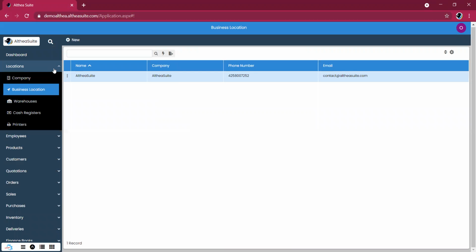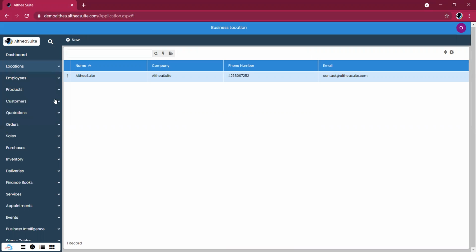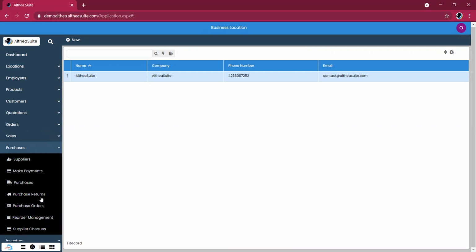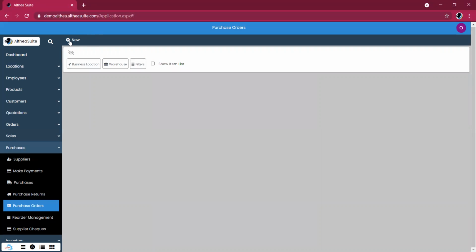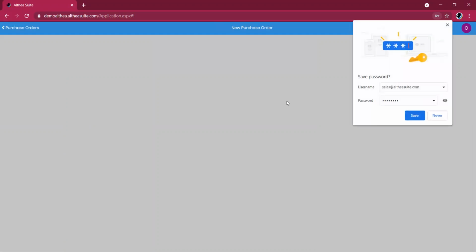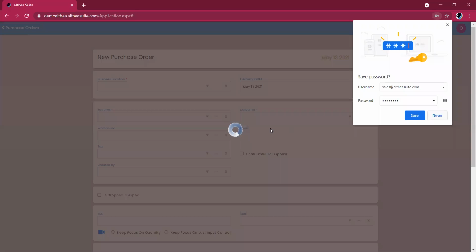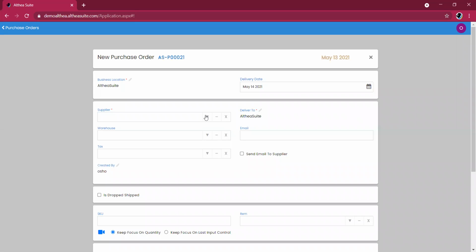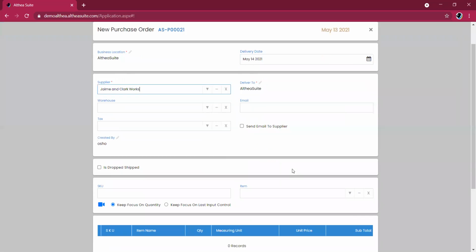So when we are trying to generate a purchase order in Althea, I'll navigate to purchases and purchase orders, and I'll click on the new button. Now I'll head over to the supplier section where I'll select my vendor.